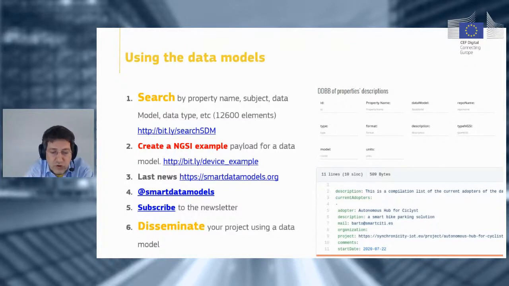Imagine that you want to look for a parking. Is there a data model for parking? The answer is yes, I know, but you can look there. Or is there a parking in any of the definitions of these 12,000 data models? Yes, you can go to the description box, put parking, and then you find out where there is any property